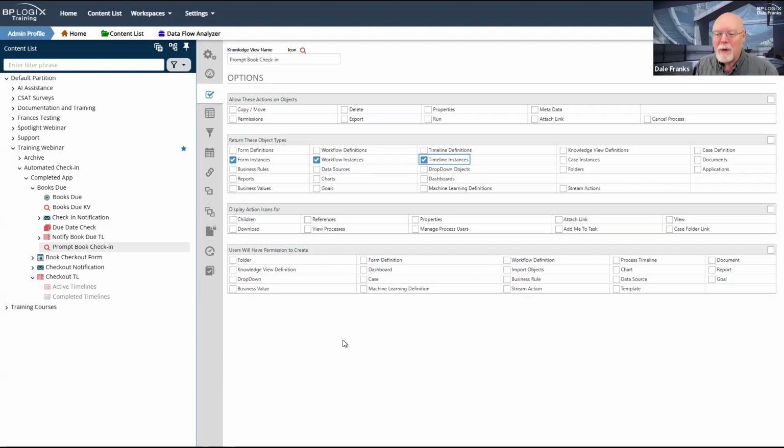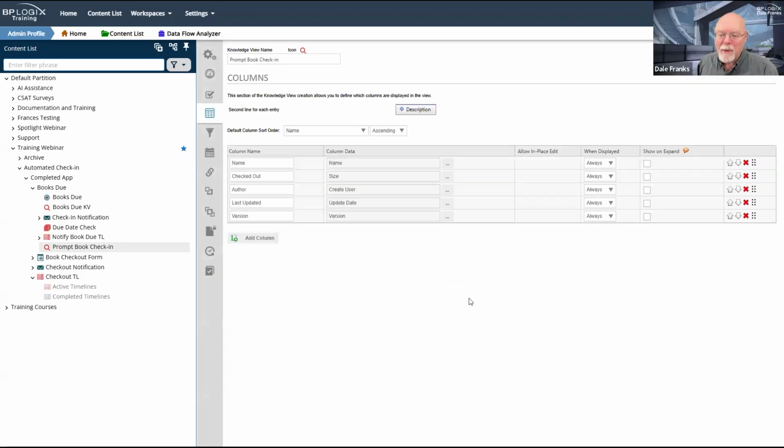In this case, that would be a bad thing because it is going to return the form instance and it's going to kick off a process. And then it's going to return the timeline instance, and it's also going to kick off a process, which we really don't want it to do because that would kick off 2 processes. So we're going to be sure that the only thing checked on the options tab is form instances.